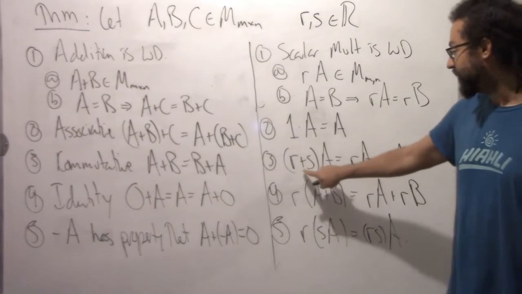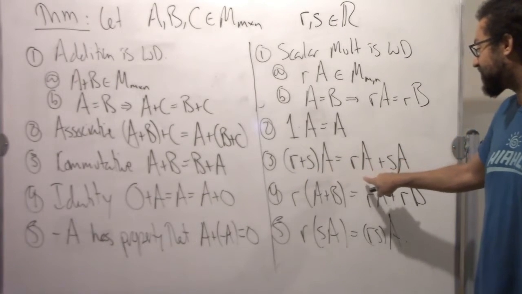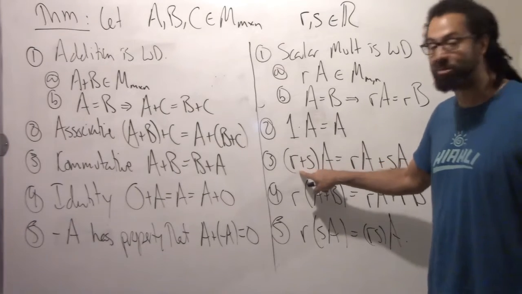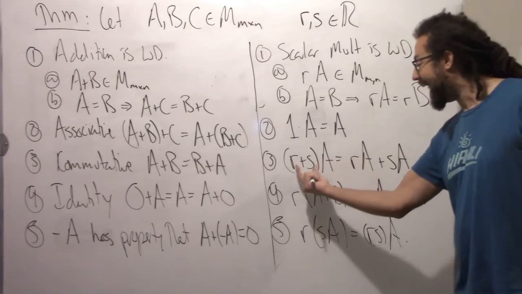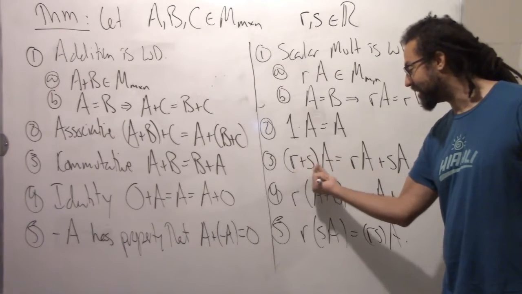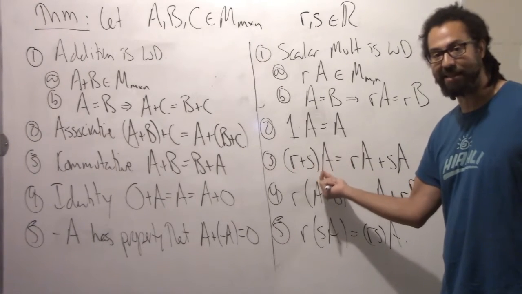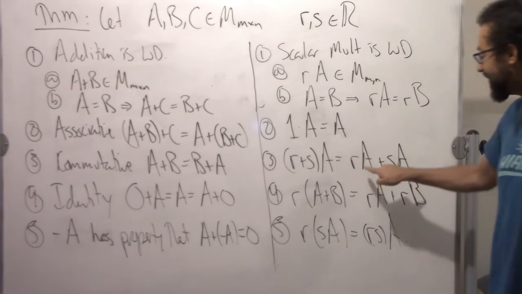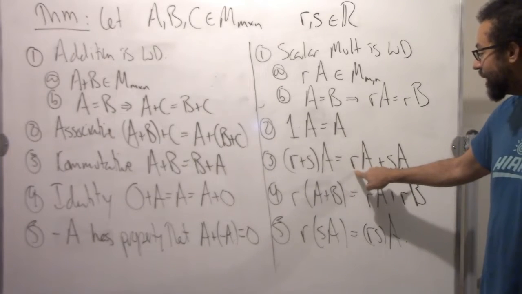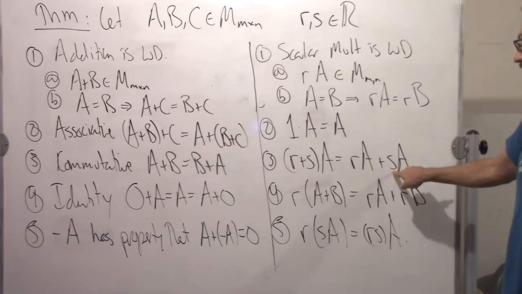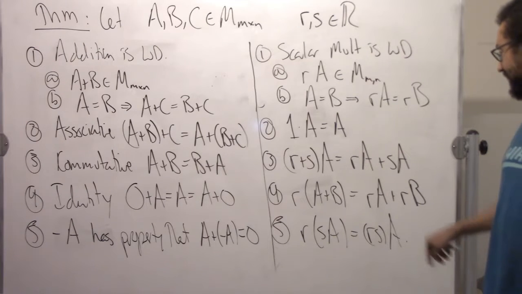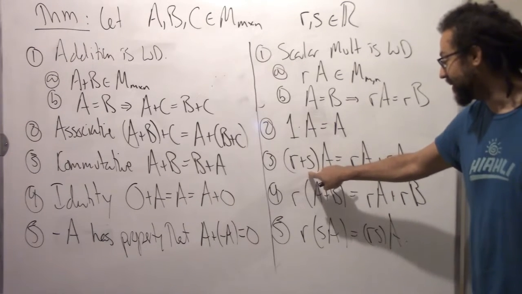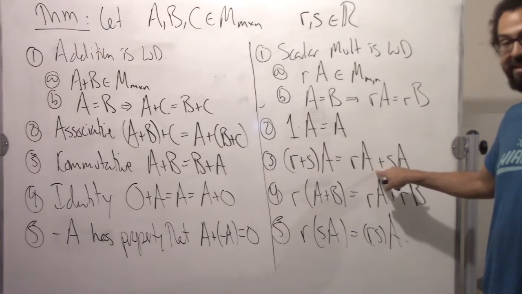And then this thing says that scalar multiplication is compatible with the addition in the real numbers. So if I add two real numbers together and then scalar multiply by A, that's the same thing as if I scalar multiply A by R and then scalar multiply A by S and then add the results together. It should be worth noting, I think, in practice, computing this thing is a little easier than computing this thing,